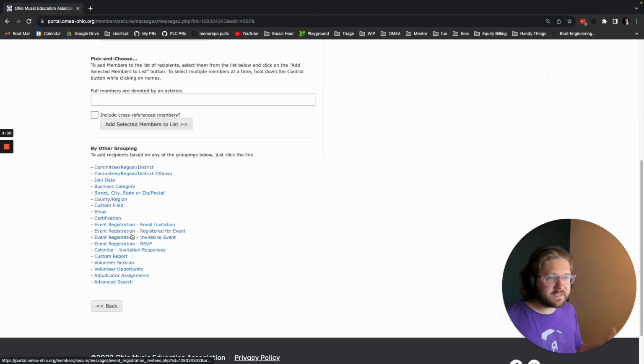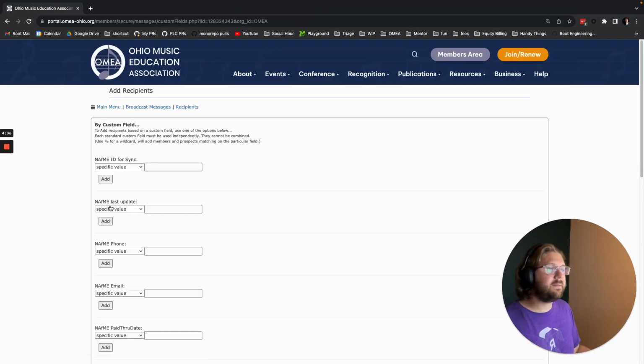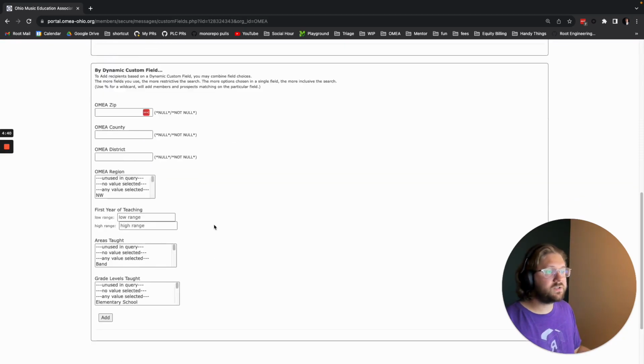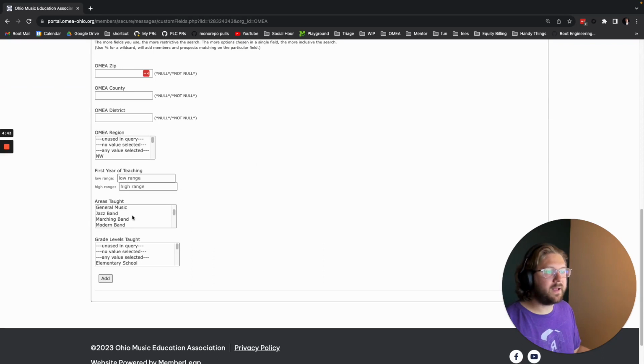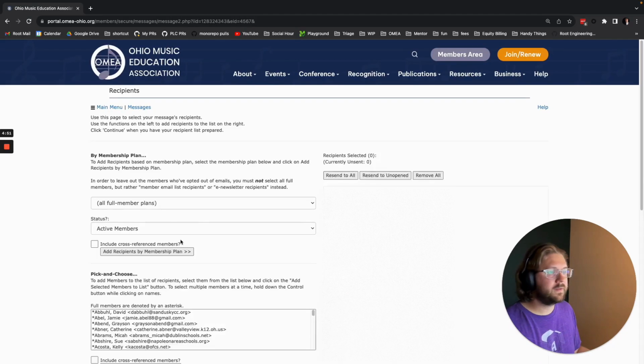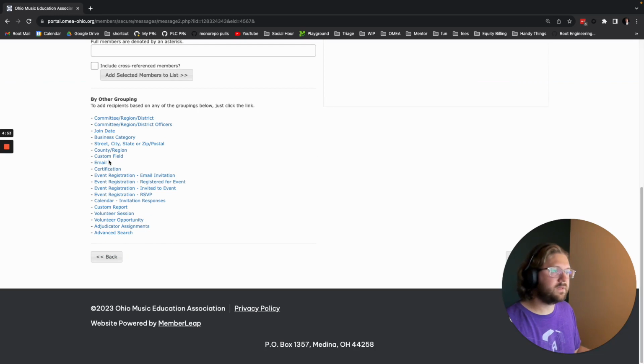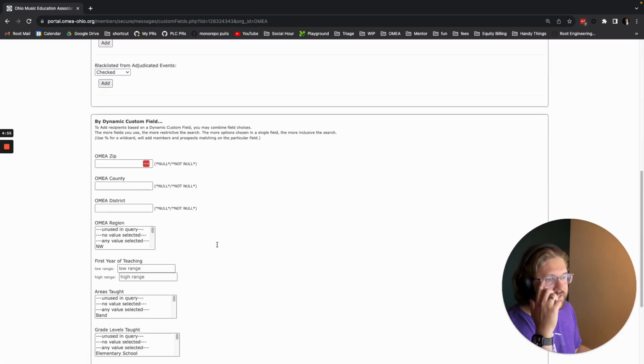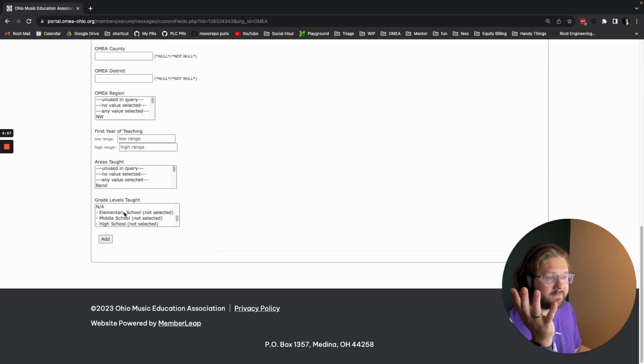A couple more things that you might find useful. First one is this custom field option. This is where you can send emails based on the custom fields that we collect on the profile. So this is where you can say, hey, I want to email all of the choir teachers in OMEA. Bam, 484. Or you also saw here in the custom fields, you can email based on grade levels taught,